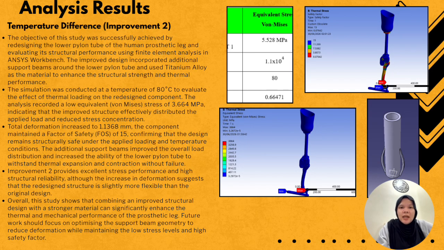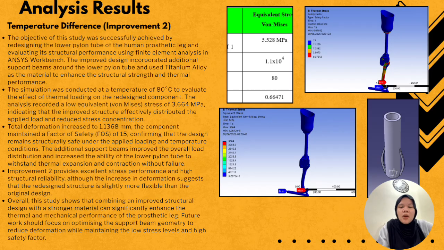Besides changing the design, I also upgraded the material to titanium alloy because it has high strength, excellent corrosion resistance, and good biocompatibility, making it a suitable material for prosthetic application. A thermal structure analysis was performed by applying a temperature of 80 degrees Celsius to evaluate the performance of the redesigned lower pylon under thermal loading. The topology optimization value remained the same at 0.66471